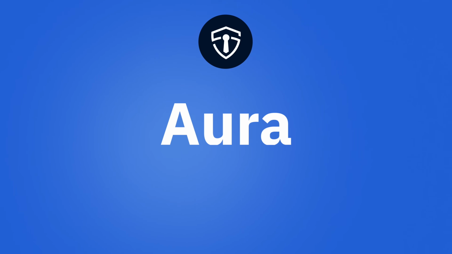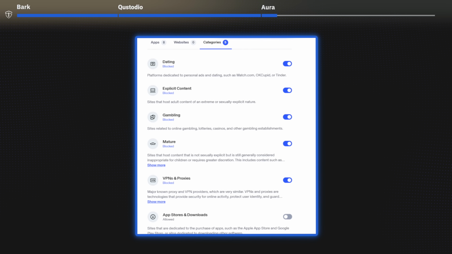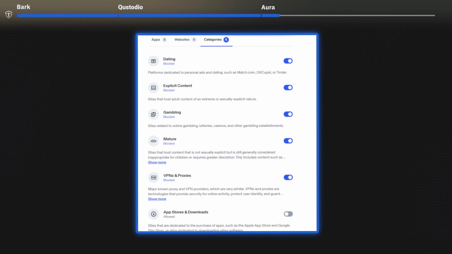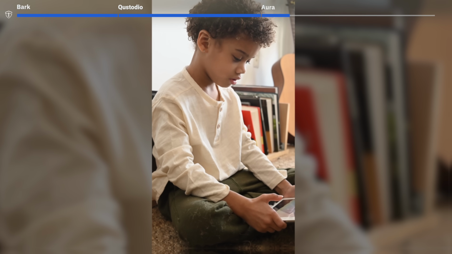Now let's finish with Aura, which I have given the trophy for blocking websites and social media apps. If you are seeking an app with a robust online web filtering option, then Aura is the option for you. It is designed with simplicity and efficiency in mind, making it the perfect tool for managing the online activities of